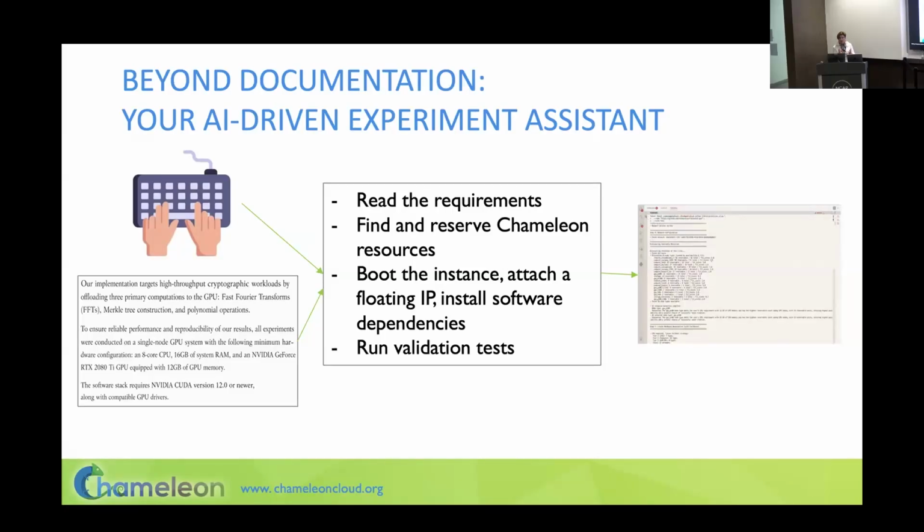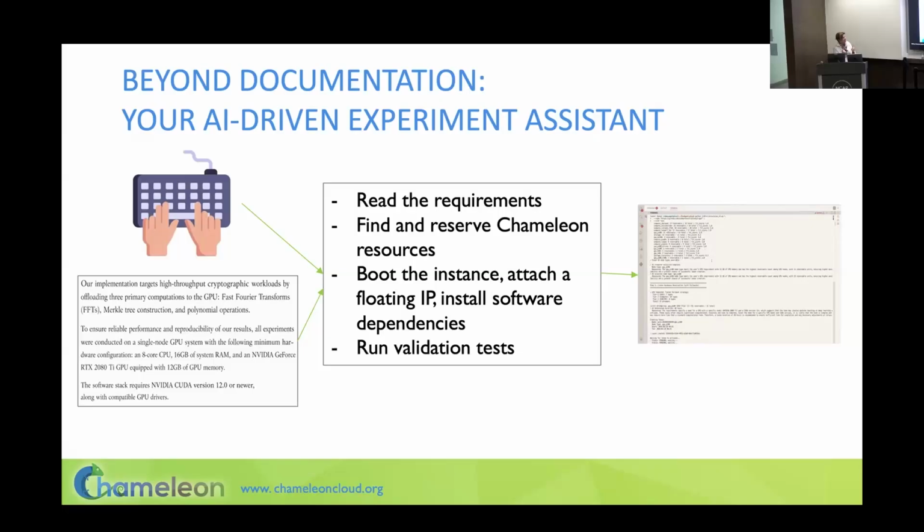This is very important for structuring new experiments, but it's particularly important for reproducing experiments. The last Chameleon user meeting was devoted to the question of reproducibility. And one of the insights from that meeting was that setting up the computational environment correctly, the experiment environment correctly, is the hardest part of the experiment, right? Because very often you have to get all the versions of all the libraries right, all the environment variables, and things like that. So the idea is that either the user says, set me up this environment, or the chatbot reads from the paper. In the paper, you say, I used GPUs and so forth.